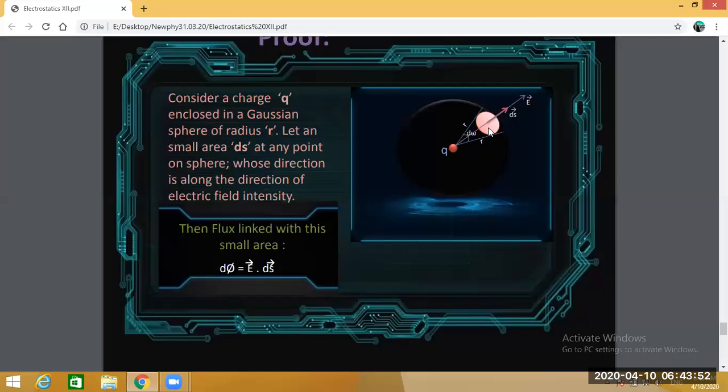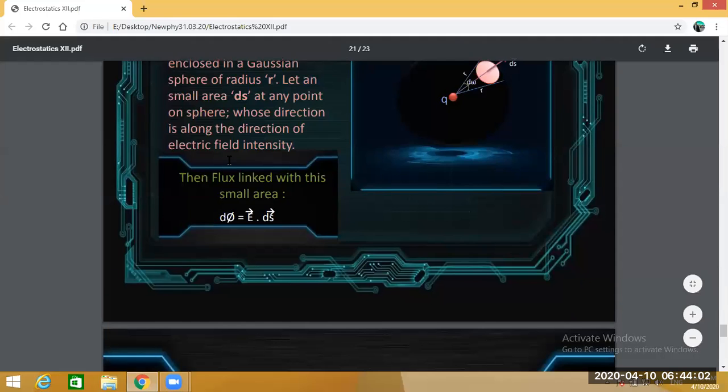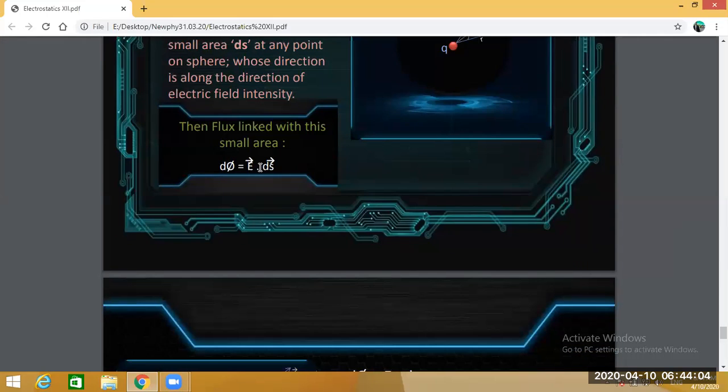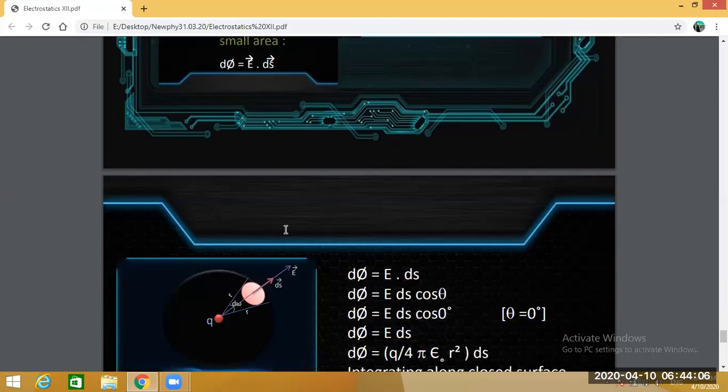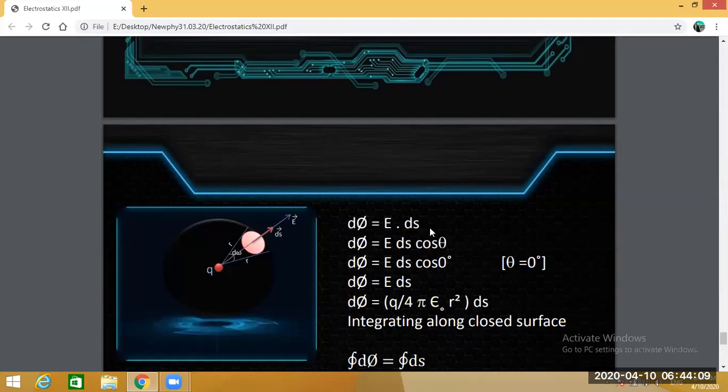Now we have to find the entire electric flux linked with the whole surface of this sphere. So we integrate this differential flux, and remember here d phi equals E dot ds, because the angle between electric field and area vector is 0. So d phi equals E ds cos theta. Here theta equals 0. Therefore d phi equals E ds cos 0, and hence d phi equals E into ds. Now